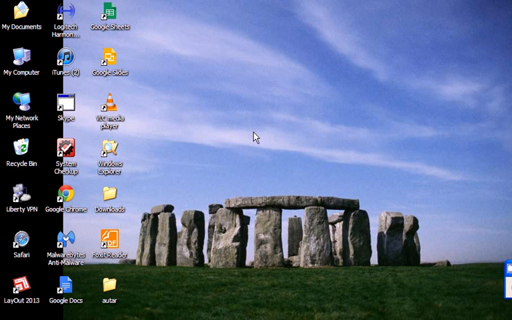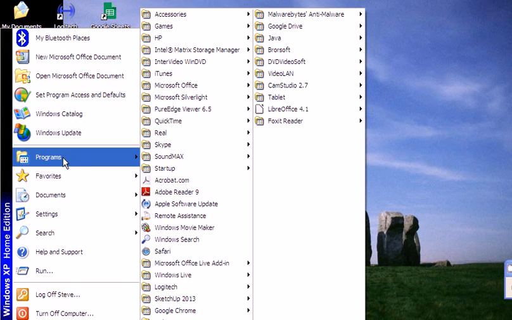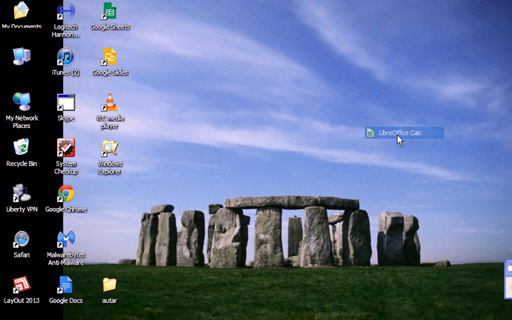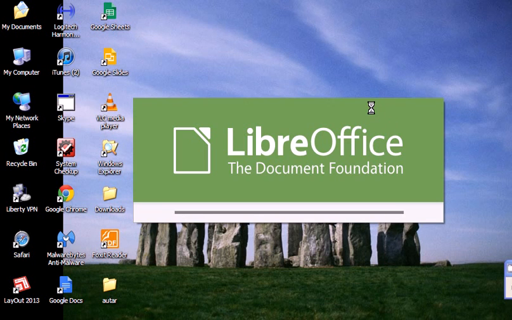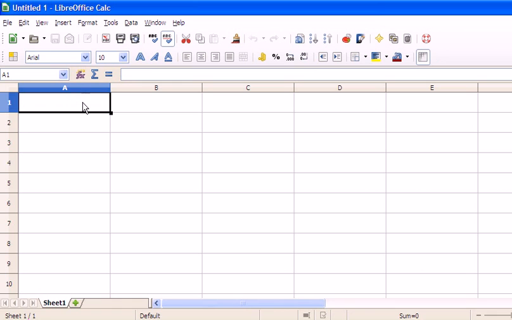Okay, well, now we're going to show in a spreadsheet how propagation of errors works. So I'm going to open my LibreOffice, and I want LibreOffice Calc. Just wait a moment while it opens. And this one's going to be propagation of errors, so I'll say